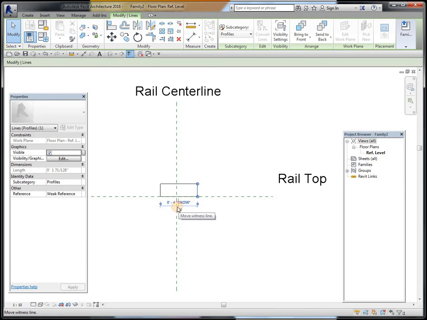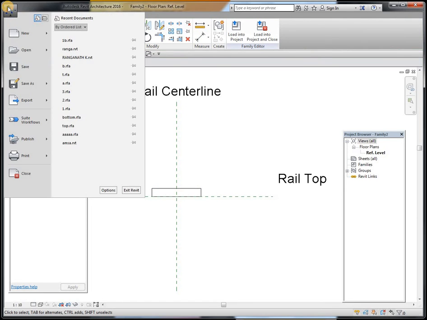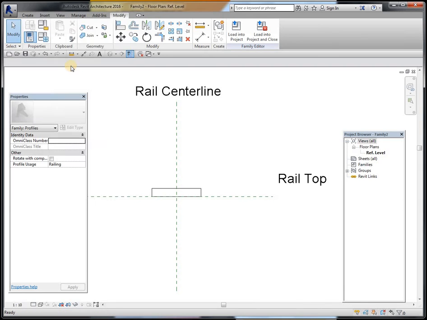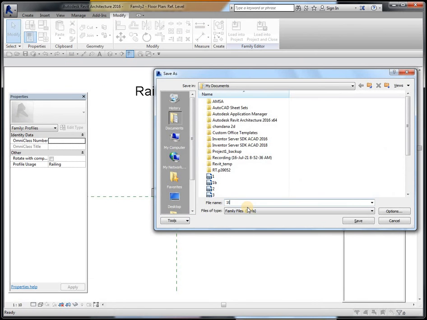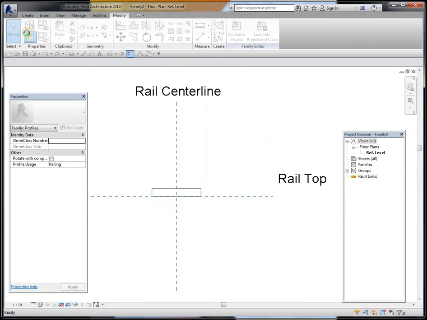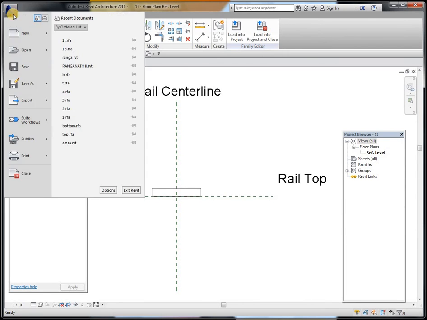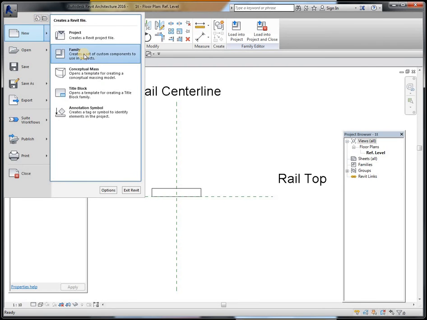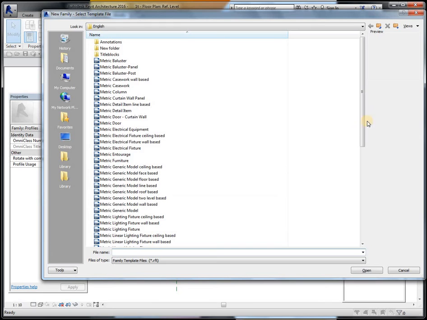So drag this side, that is 3 inches. Then select this side, total is 6 inches. And then the thickness is 1 inch. And then as usual save as, family, that is one top. Then save, and then select here, go to new option, family, select same as